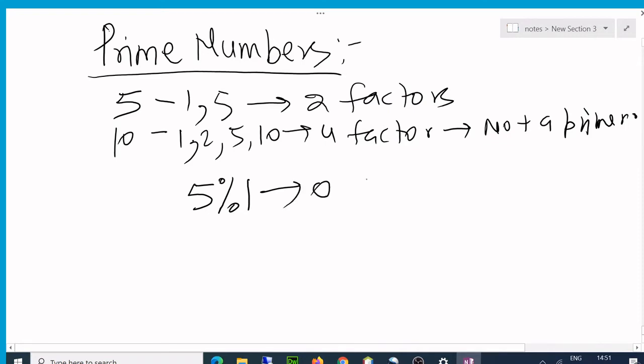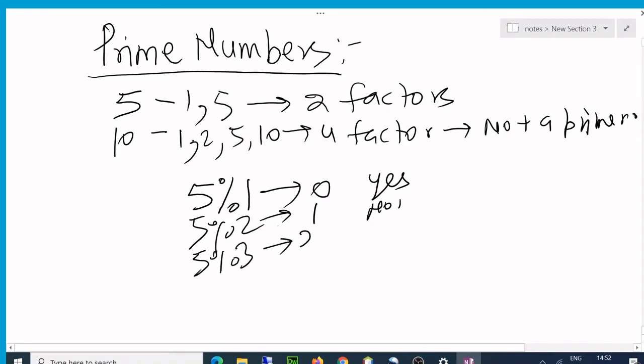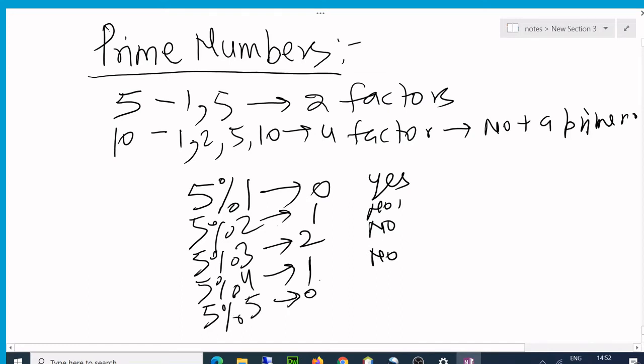The remainder is 0, so 1 is a factor, yes. 5 divided by 2, remainder is 1, it's not a factor. 5 divided by 3, the remainder is 2, so no. 5 divided by 4, remainder is 1, so no again. 5 divided by 5, remainder is 0, and therefore yes.